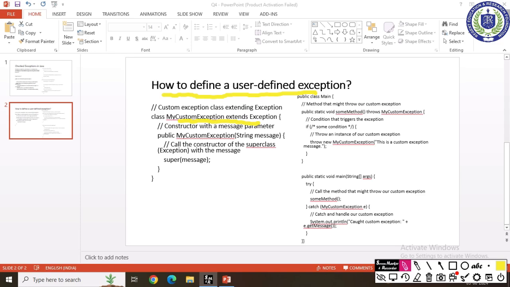This means MyCustomException inherits properties and behaviors from Exception and can be used like any other exception. Public static void someMethod throws